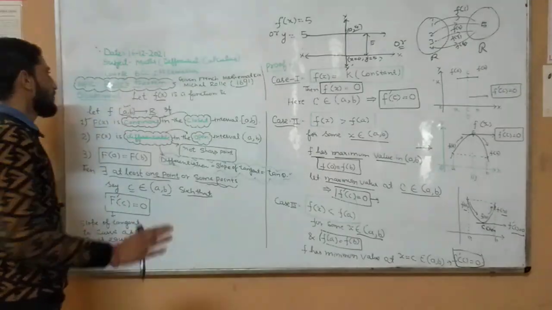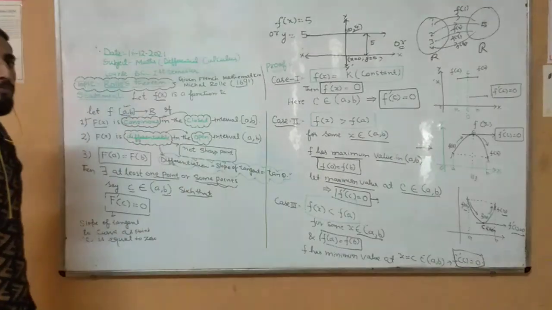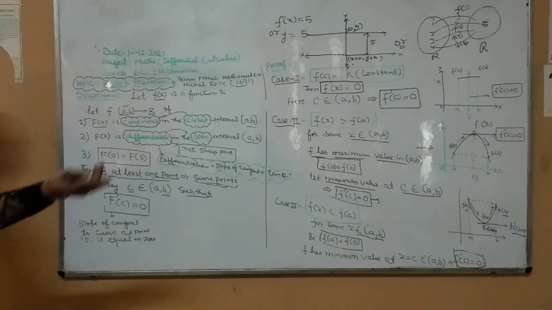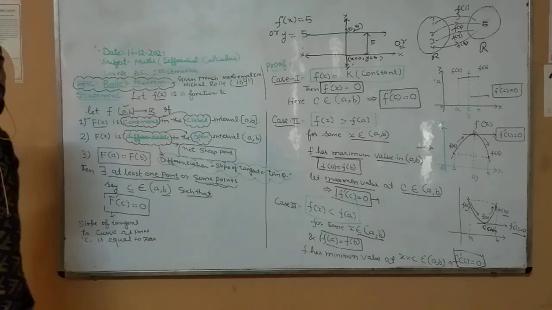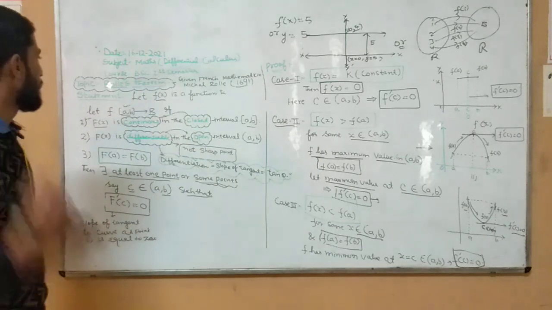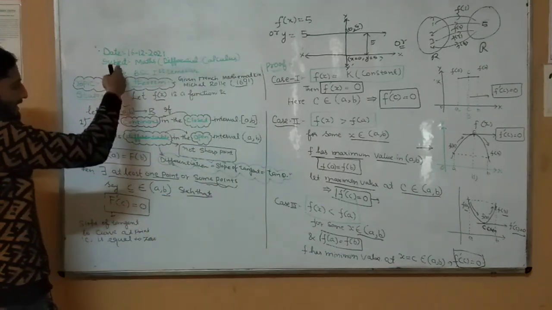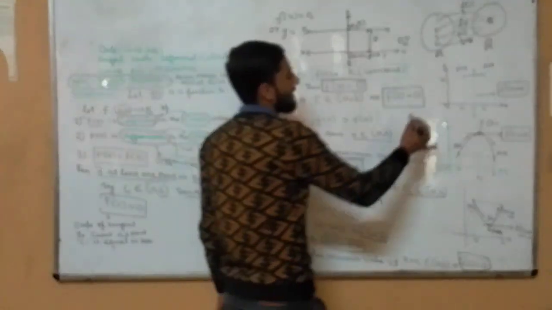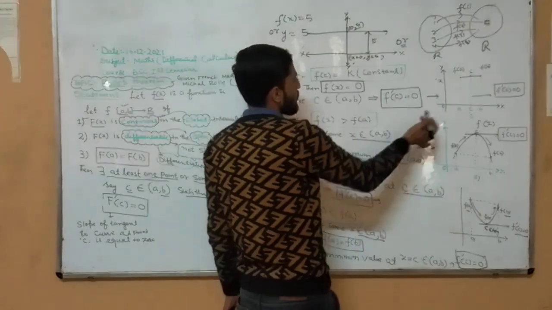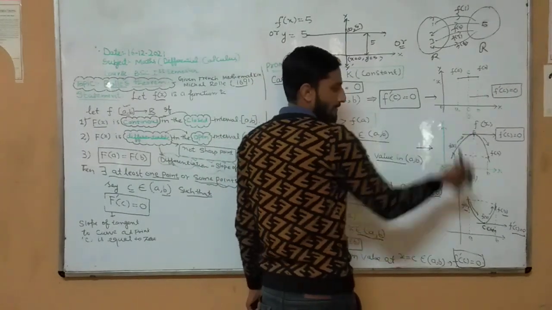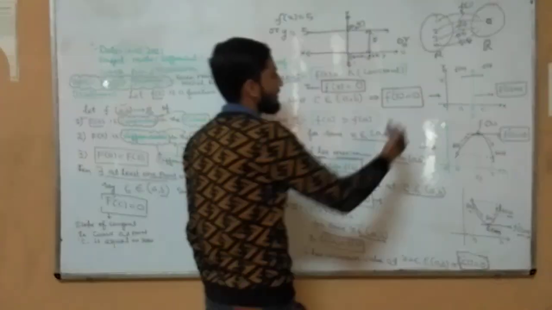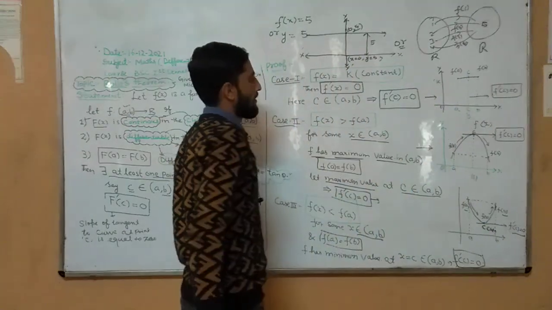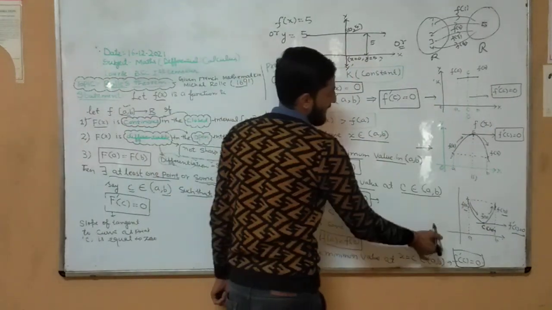This is all about Rolle's theorem and its proof. In your examination, the examiner may ask you to state and prove Rolle's theorem, so you can easily define it in this manner. Along with the diagram, also show the diagram of the constant function, because the tangent of a constant function is the only line we draw here in this manner, both greater than and less than.